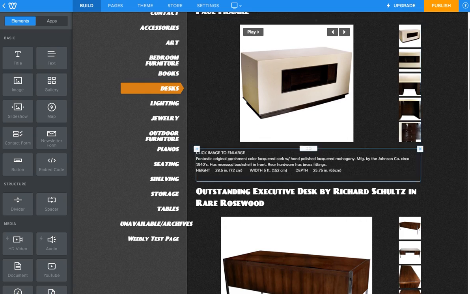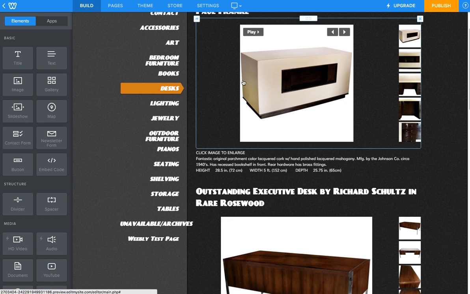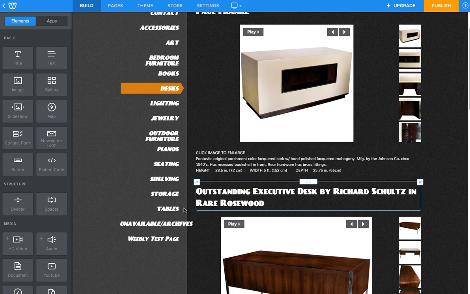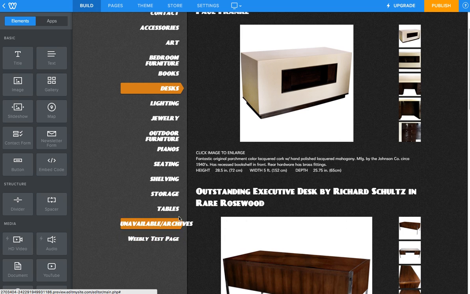As well as we want to be able to add in the ability for a particular item to be emailed or shared with a friend or a loved one or a coworker, whomever may be. They want to be able to share it via email. So, I already created a Weebly test page in order to do this, but what I want to do is be a little bit more